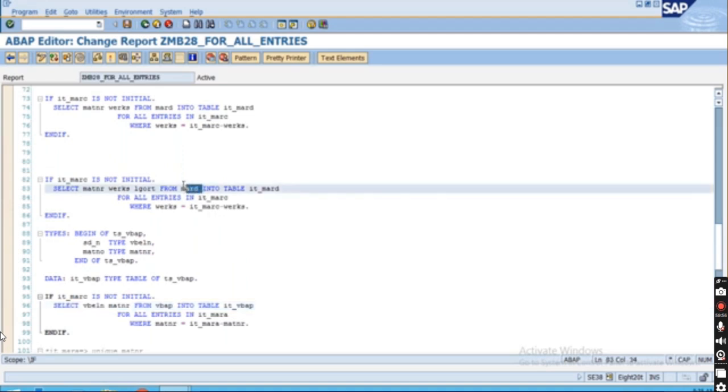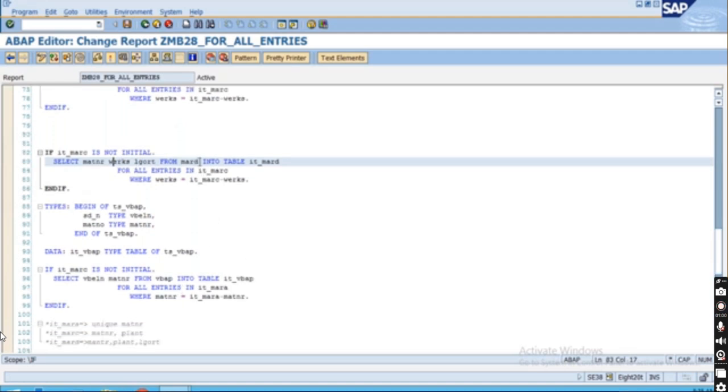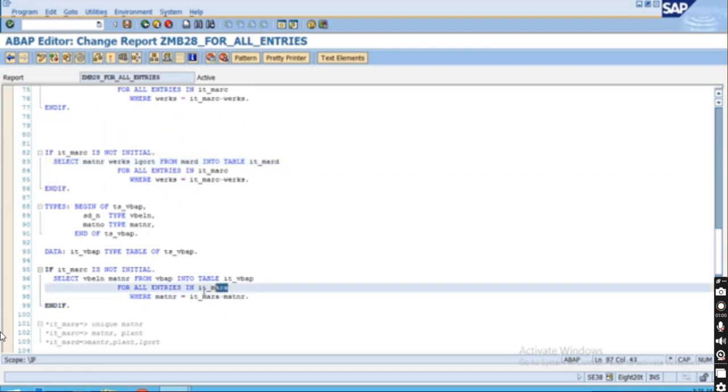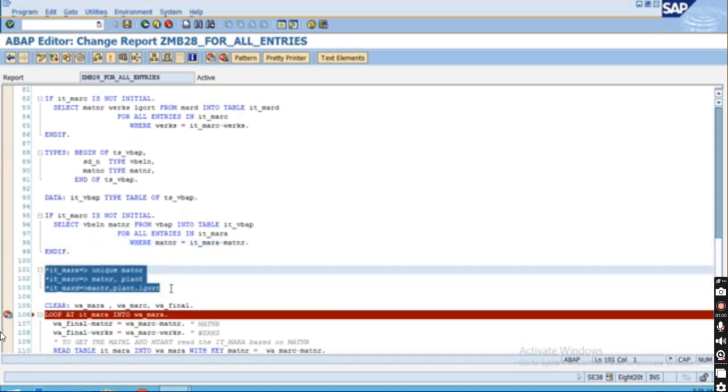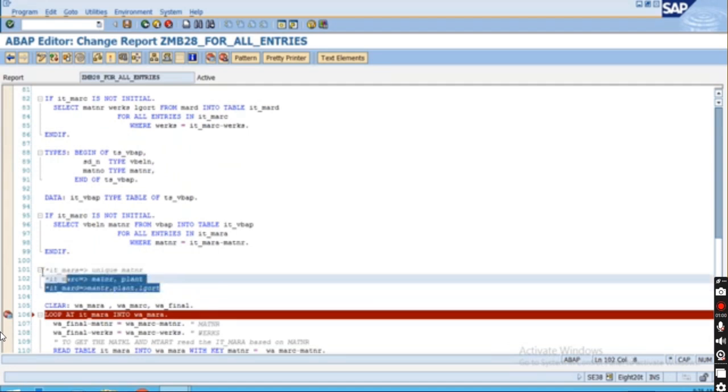Or in the MARDI table, for those materials where the plant and the storage location are maintained, in that case you can use IT_MARDI. Here you can use IT_MARDI instead of IT_MARA. So again, from an optimization point of view, this can be the scenario